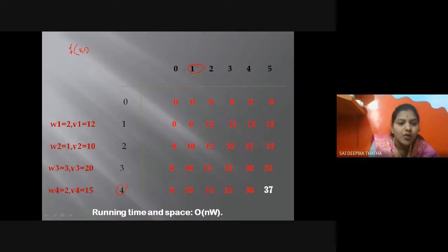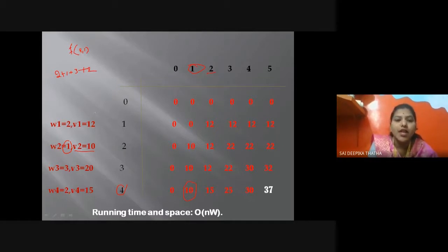See, up to 4, what are the weights available? Weight of the first item is going to be 2, second item is going to be 1, third item is going to be 3, fourth item is going to be 2. These are the weights of the items 1, 2, 3, 4 respectively. If I am finding for j equals to 1, where 1 value is present at weight 2, I can take that corresponding value and substitute 10 here. Now here is a tricky way. What does that mean? For 2 we are finding.